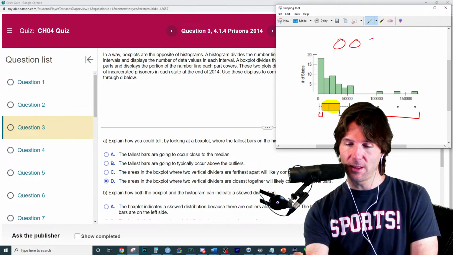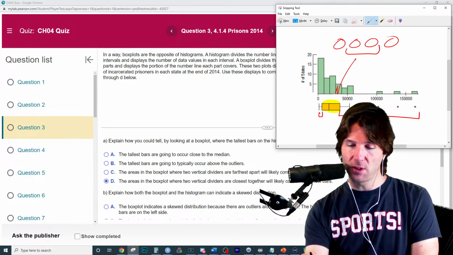If we have 4 quarters in our data, well, with 4 quarters, the middle 50%, which is the box, is